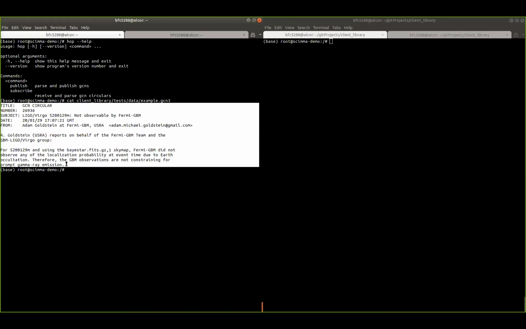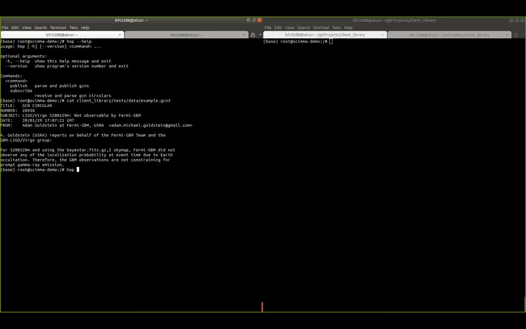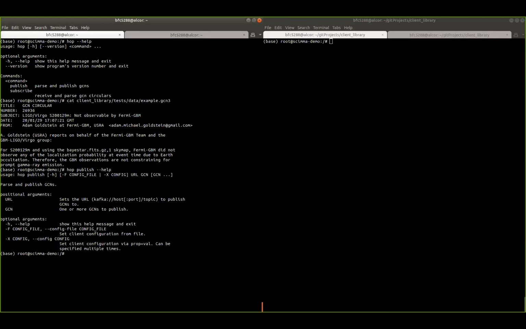If we want to send this, we can use Hop's publish function, which allows us to talk to the Kafka broker, pointing to the SCiMMA server, which is a local Kafka broker on its port.